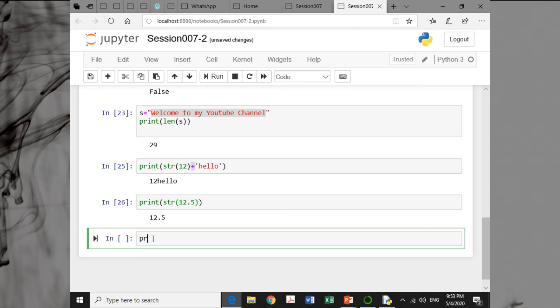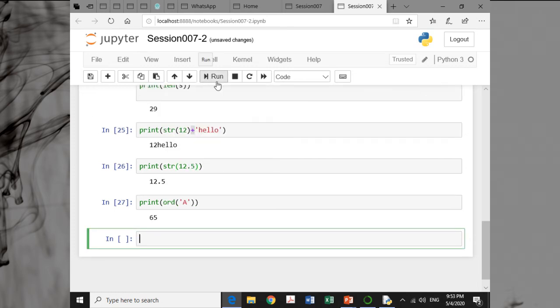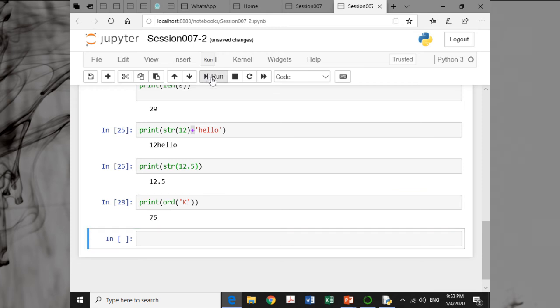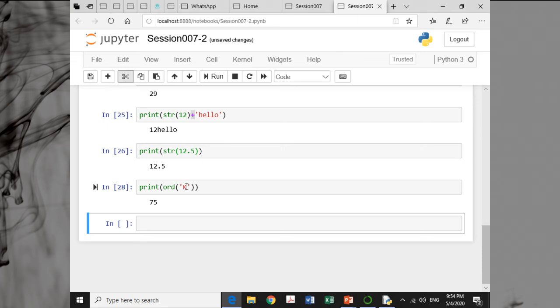So suppose somewhere we say print ord of capital A, it will give you 65, right? If I calculate the same thing for capital K, it will give me 75. So ord of K will be 75.